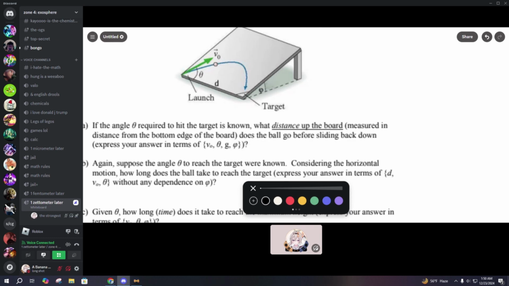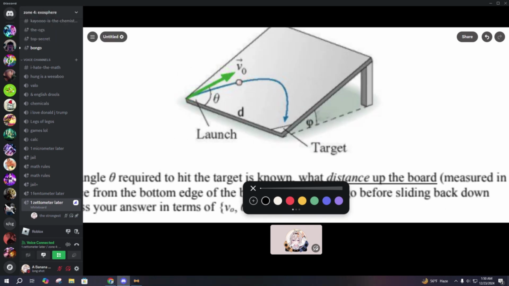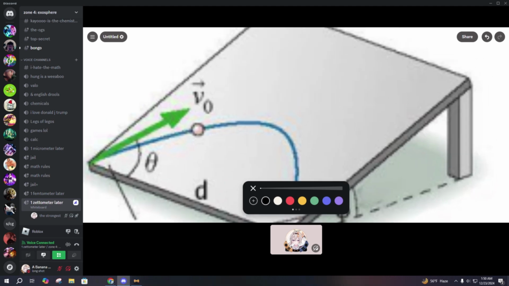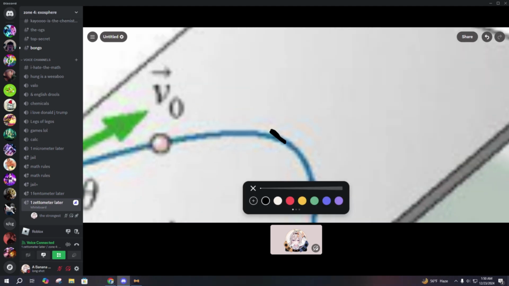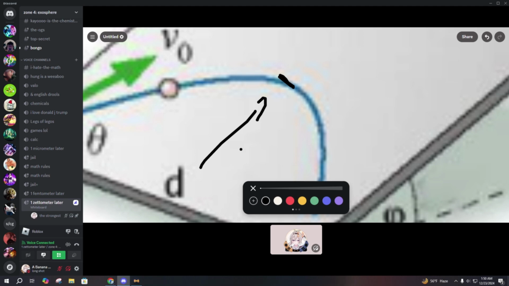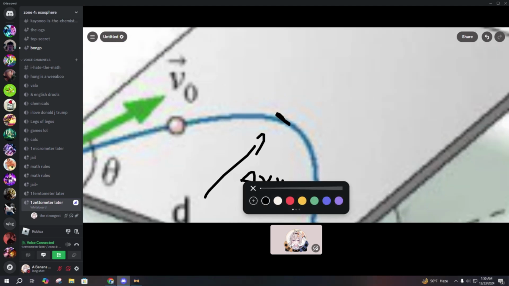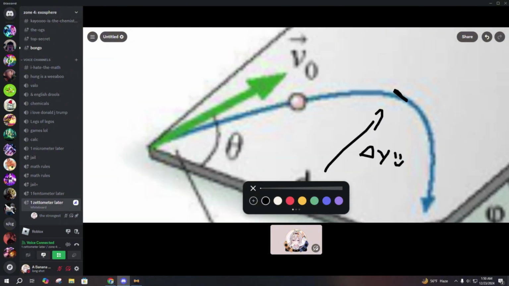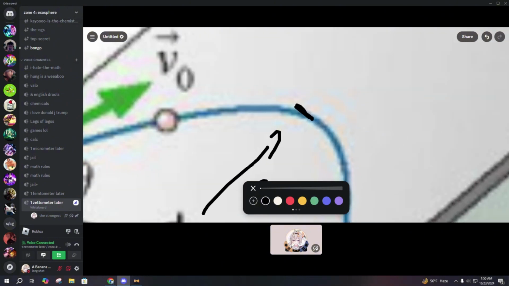So it wants an expression to know what distance up the board, right? So here, let's start with here. Well, first I know this distance up the board. I'm going to refer to it as just delta y. Delta y, right? So looking at this, if I were to start from the peak of the board and